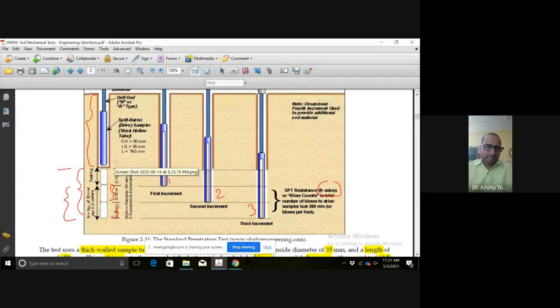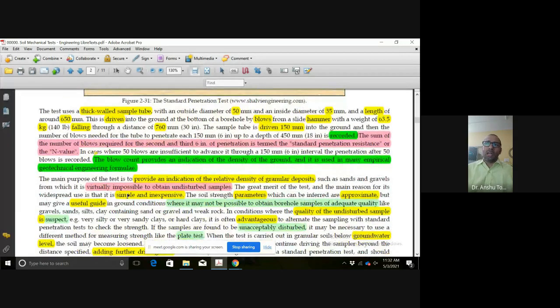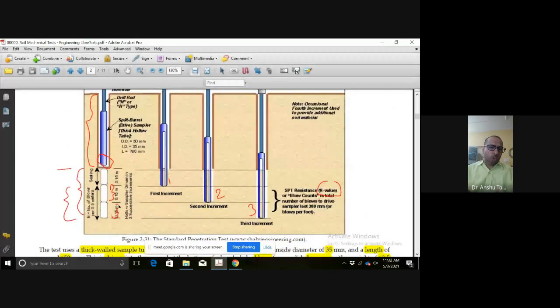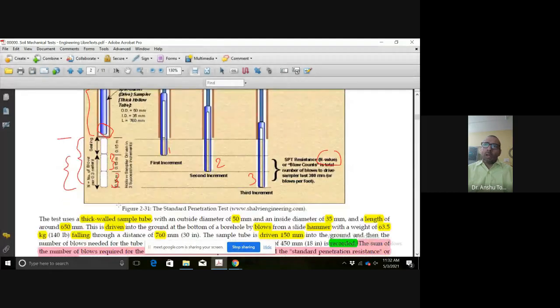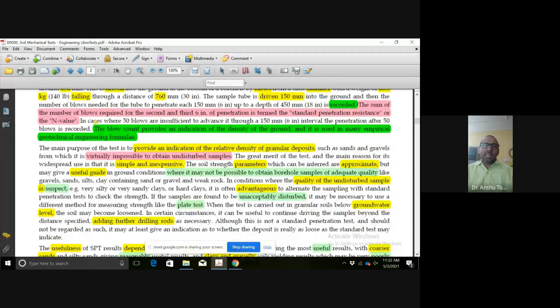Similar to the core cutter method. In the core cutter method, what we do, we put the core cutter, we hammer it, it is relatively onto the surface. So in this, the sampler is located somewhere here. So when it goes back onto the surface, it gives a relatively undisturbed sample. So this is not possible in any other method to a certain depth. So we can see here, we are going approximately 2 meters down. So to this much depth, no other method is available.